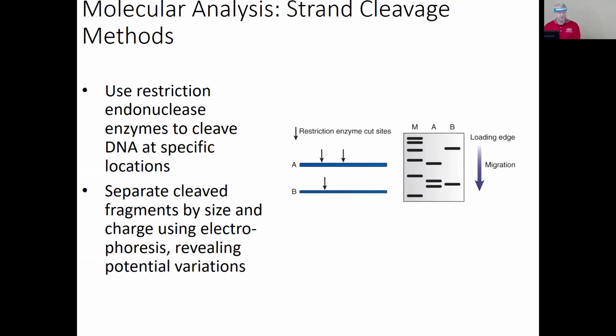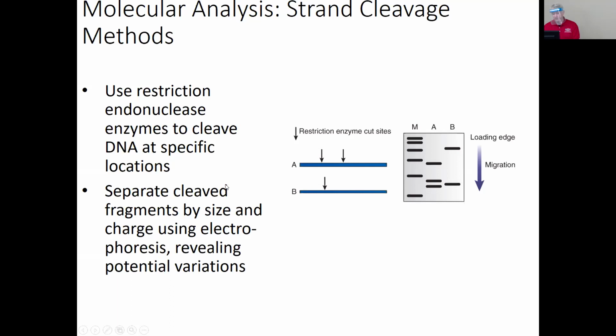It's not the best of the platforms we have, but it is a quick way to turn around results and let people know if they have it or not, so they can go home and stay home for a few days. Okay? The molecular analysis strand cleavage method uses restriction endonuclease enzymes to cleave the DNA at specific